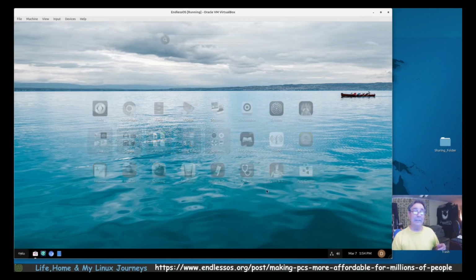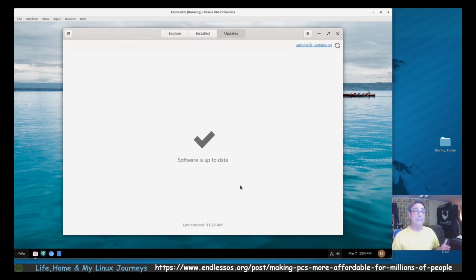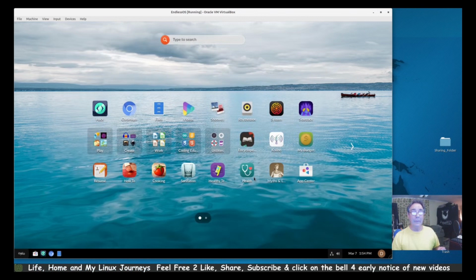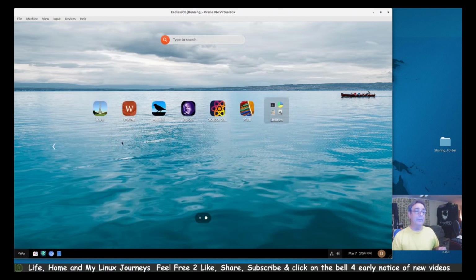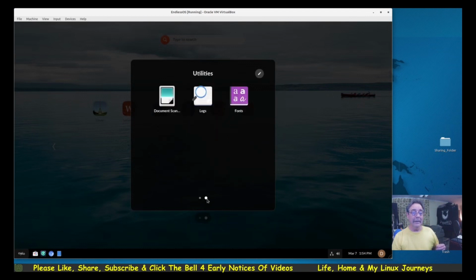The App Center, now that's your App Center where you can search, a graphical package manager where you can search and do updates. You can see it automatically has checked. App Center, let's see. Got travel, worldwide, wiki art, animals, biology, science, science snacks. Wow. Math, some more utilities. I know the monitor was in one and the analyzer. Not sure why there's two of those.